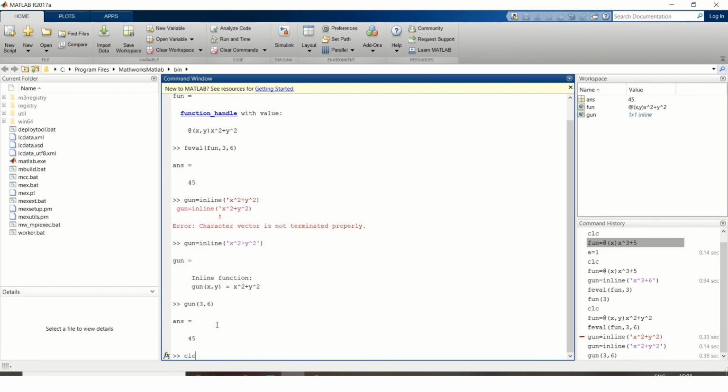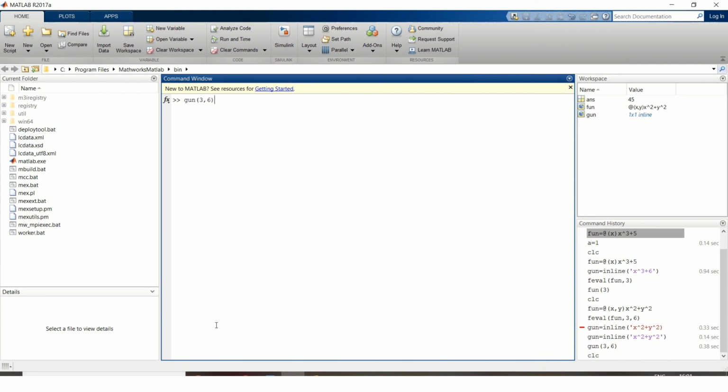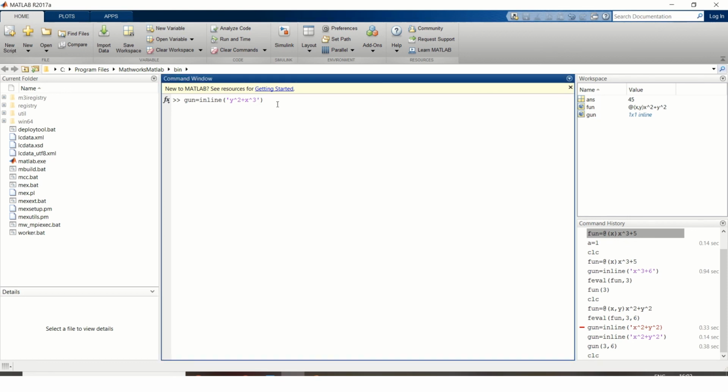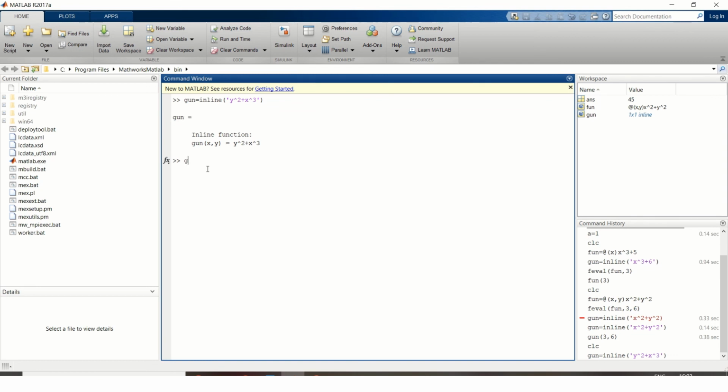If we change the variable sequence, I'll make a small modification in here. Then again, the values 3 comma 6. Now 3 will go to y and 6 will go to x.